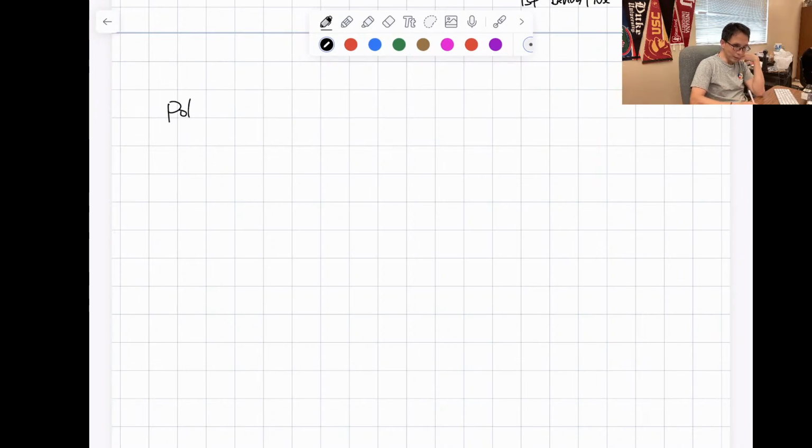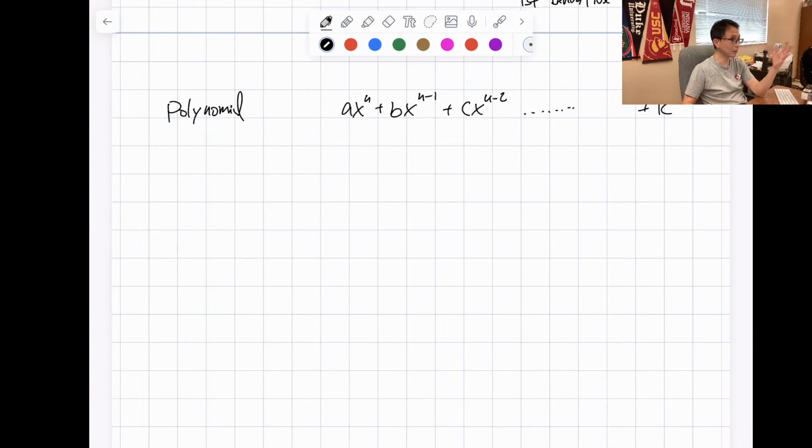Polynomial. What qualifies as a polynomial? A polynomial is like if you have ax to the n plus bx to the n minus 1 plus cx to the n minus 2, all the way to some type of k, a constant, plus k. So that is a good way to categorize a polynomial. So for example,